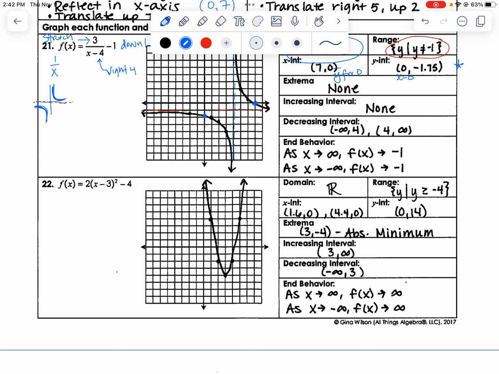Are there any extreme points, any maximums or minimums? No, none. Is this function ever increasing? No, it is never increasing. The y values are always getting smaller, which is why the interval that it's decreasing over is from -infinity to 4. That's where the asymptote is. The break is at 4, and then it's continuing to decrease from 4 to infinity